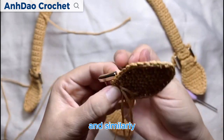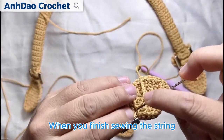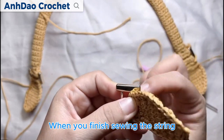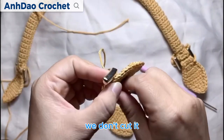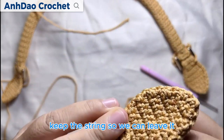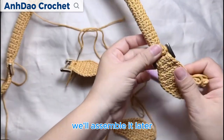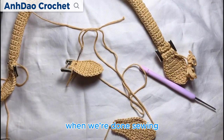And similarly, just sew it tightly. When you finish sewing the string, there's still excess, we'll keep it, we don't cut it. Keep the string so we can leave it. This string we'll assemble later. When we're done sewing